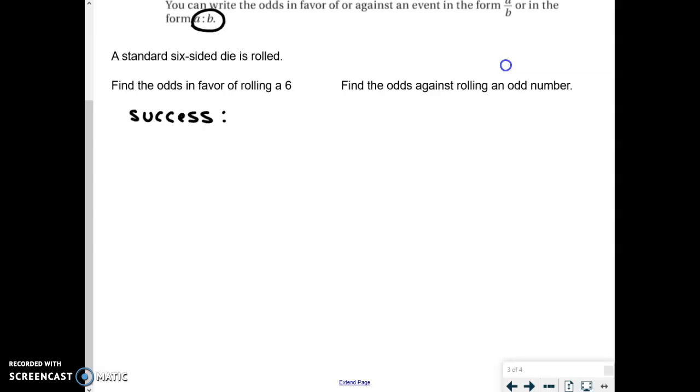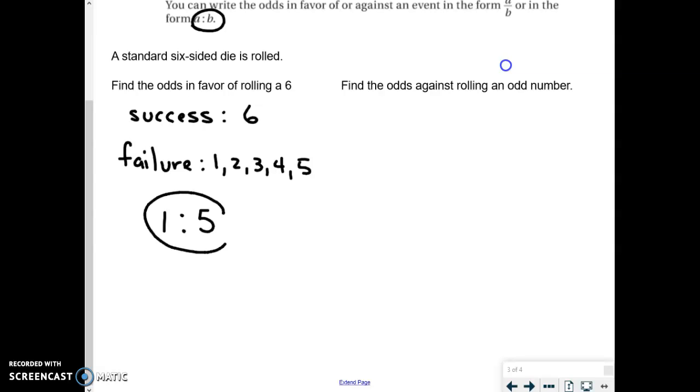Well, for success, the only thing we have is rolling a 6. If we look at failures, that could be 1, 2, 3, 4, and 5. So those are all the failures. So in this case, the odds in favor of rolling a 6 would be 1 success to 5 failures. So the odds are 1 to 5. So in this case, I would say the odds are against us